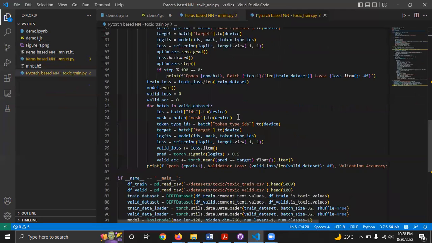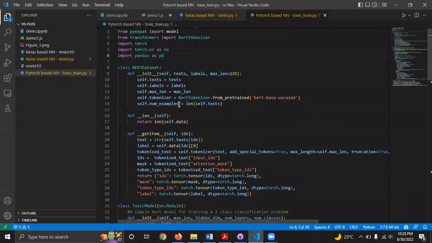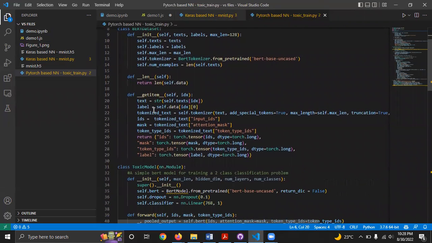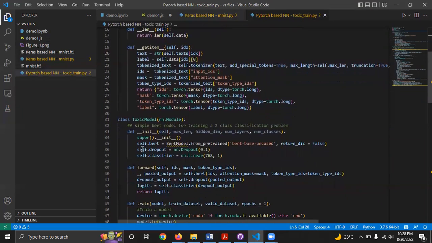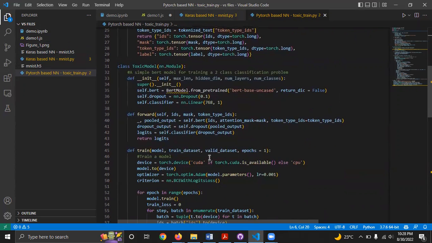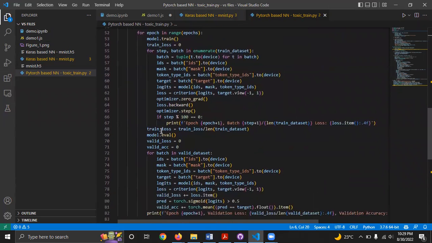So here, as you can see, I have taken a BERT dataset in which I have an init method, in which I'm taking text, labels and max length. I defined different parameters which were already suggested by GitHub Copilot. I have declared a toxic model class, with the length, and then in get item I am doing this. Simply, the class of the toxic model defines an init method in which there is a pre-trained BERT model we are using, a dropout method and a classifier, a forward method, a training method for how many times you run each epoch, the loss function, and model evaluation,